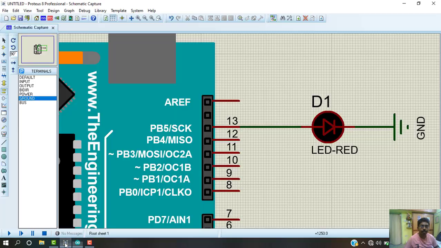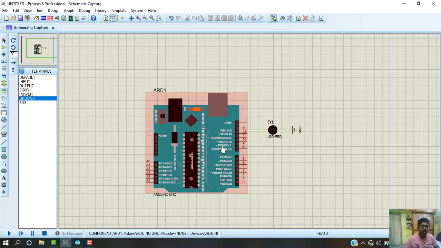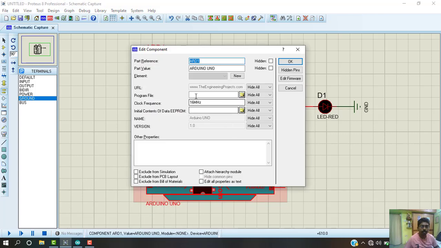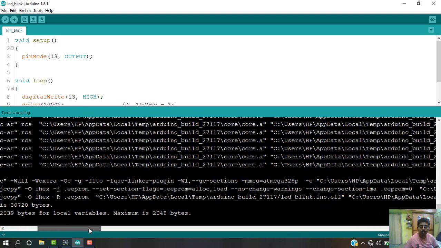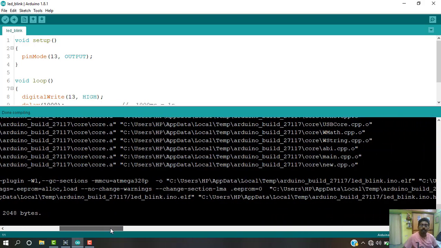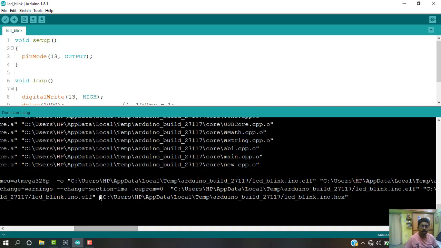Go to Proteus and double click it. We need to put the path of the hex file over here. So come back to Arduino and search for the hex file. These options will be seen only when the preference options are checked as shown above.